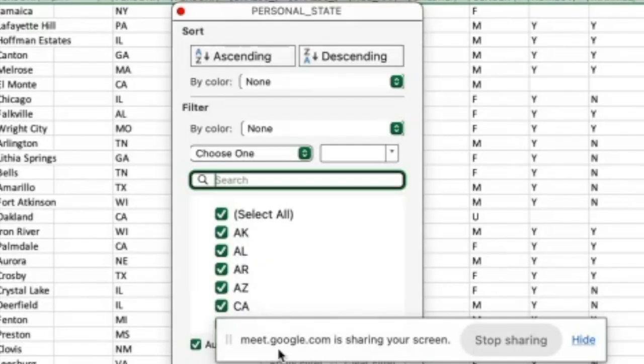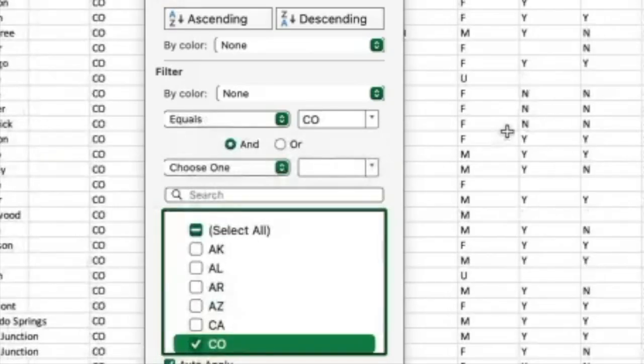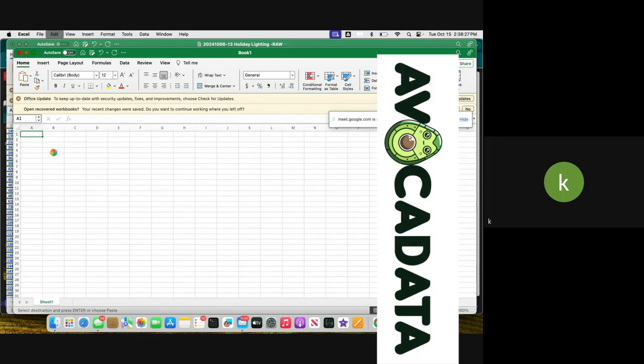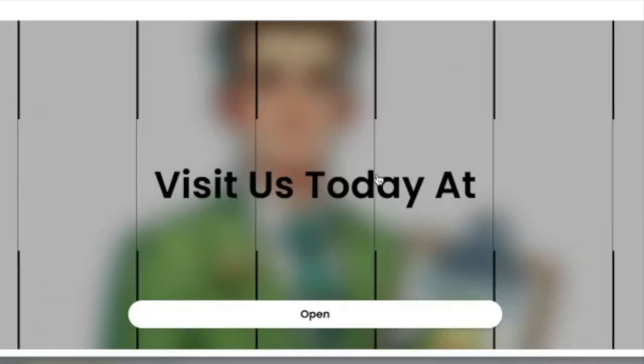Man, I would do this 10 times a day on spreadsheets of 1 million business records for my biggest client. That was paying us like 25 grand a month. Mm-hmm. So now Colorado, I have 5,788. But what you just witnessed is why it's hard to have multiple clients a day. But it's a process. And then you limit the amount of customers that will buy from you because, well,